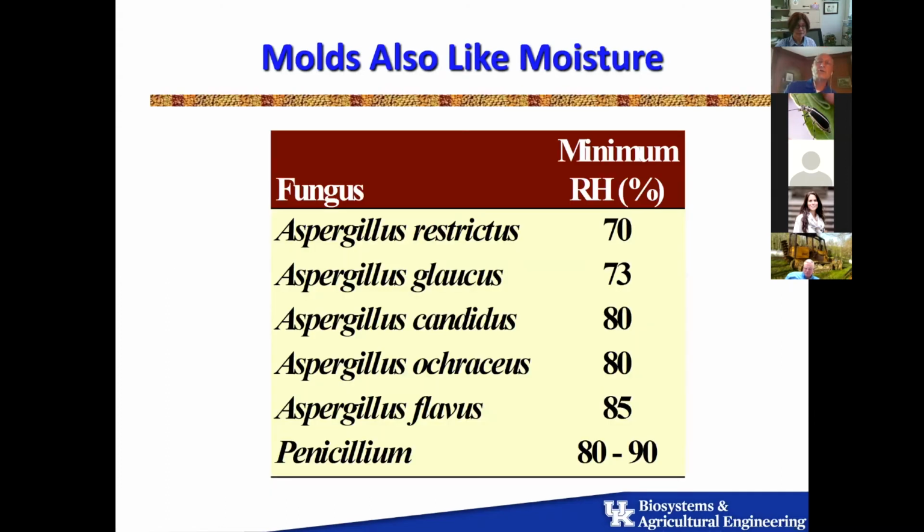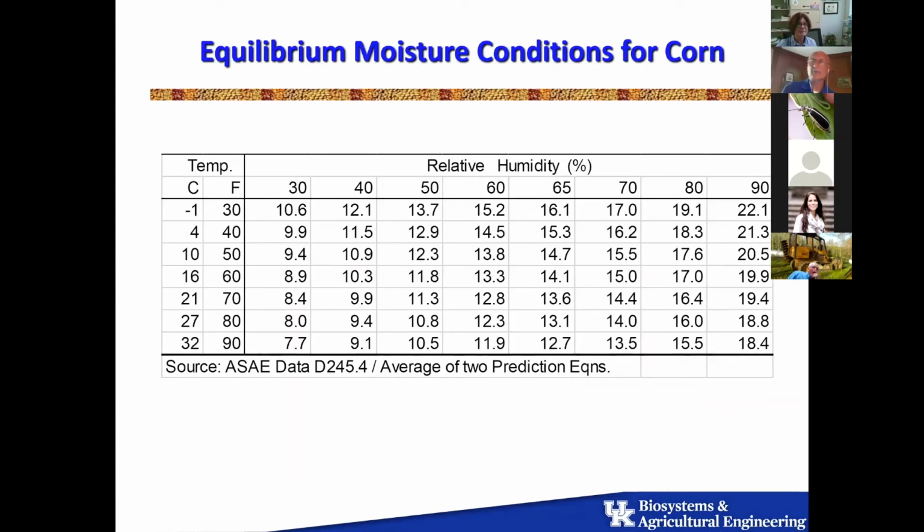On the molds, they like warmth as well, but they really are more responsive to moisture. And as you can see, many of the molds that are common to corn here, the Aspergillus species, Penicillium, we can pretty much control mold growth by limiting the relative humidity inside the airspace within the bin. And we do that by controlling the moisture. And relate that with this equilibrium chart, which is actually,